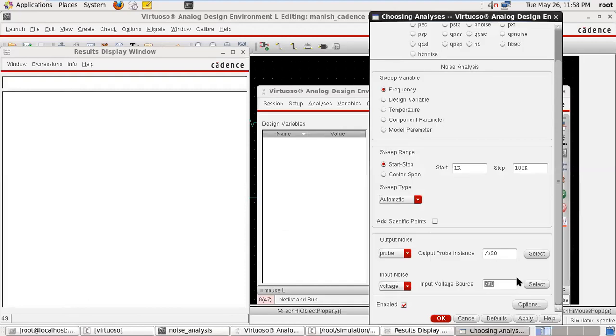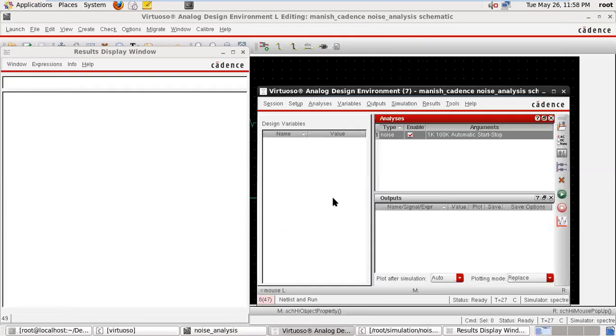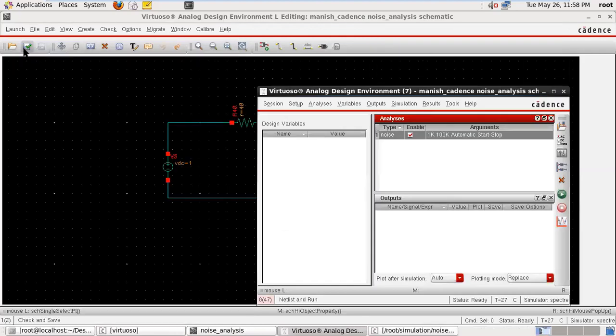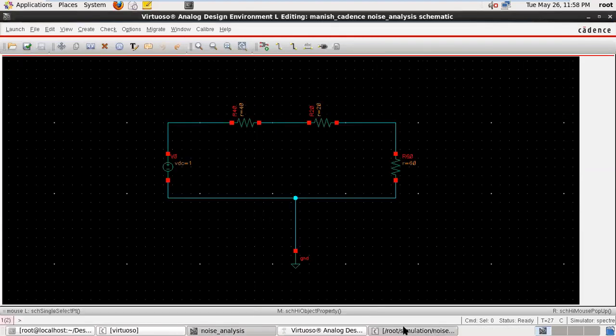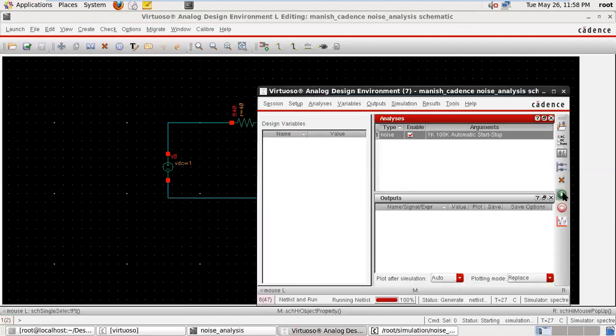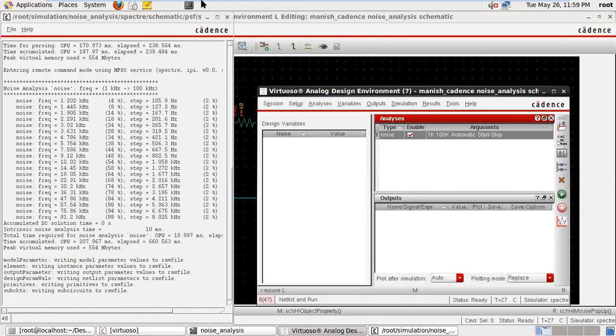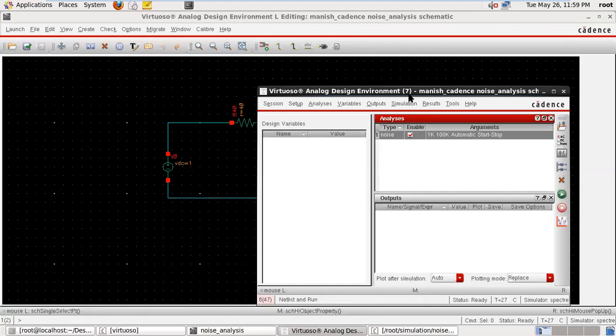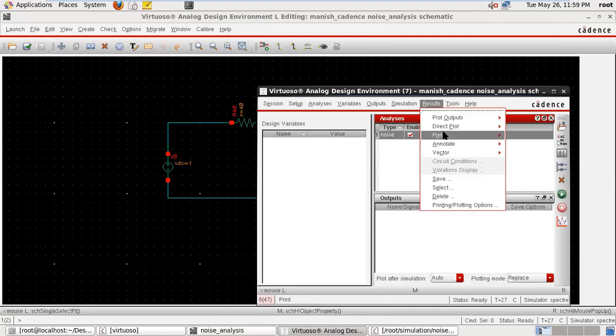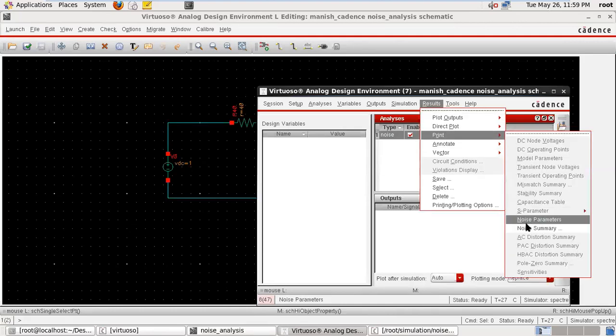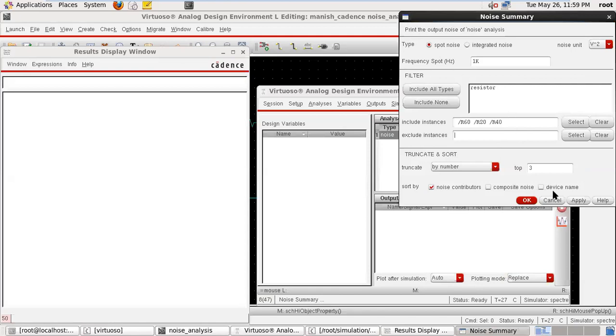Something is program. Apply. Okay, print noise summary.